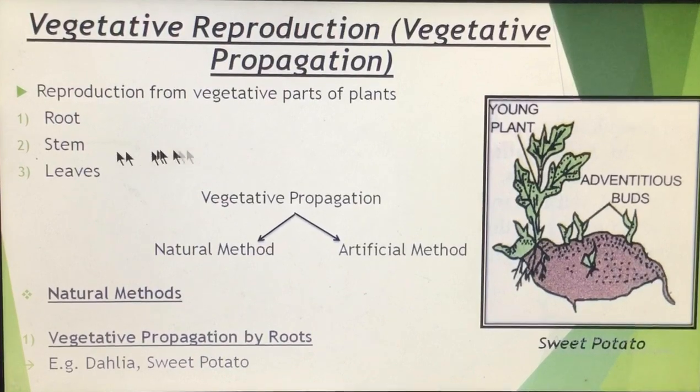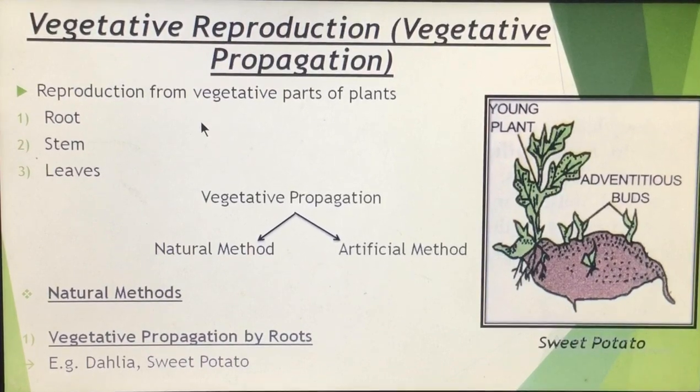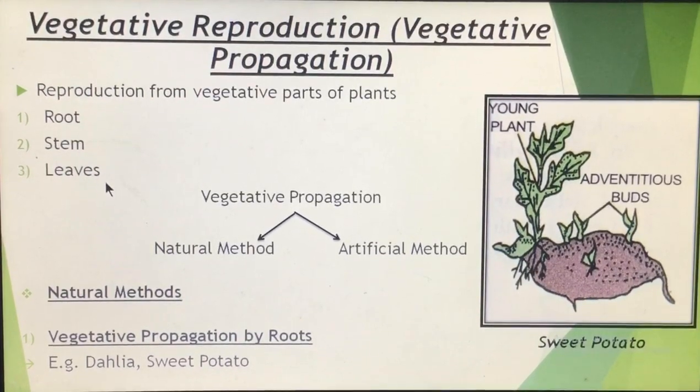तो ये अगर vegetative part है तो reproductive plant का part कौन सा है? Flower is known as a reproductive part of a plant. Okay, now this vegetative propagation which takes place either from the root or from the stem or from the leaf. There are two methods in vegetative propagation.